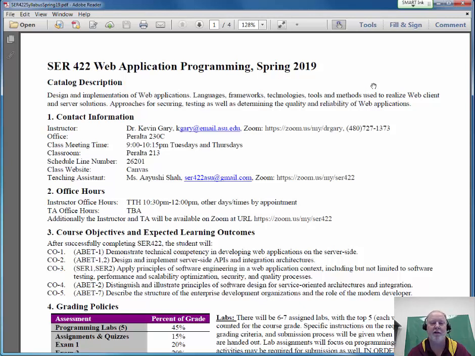The email address that you see there is my preferred email address for the course. I have another email address that you would find on a directory system, but use this one and put SER422 in the subject line so I see your email. As program chair, I get a lot of noise in my email. I get a lot of emails a day. If you send it to my other email address, my asu.edu one, it may get lost. So if you want to guarantee a response and guarantee a timely response, and I'm going to see it, please